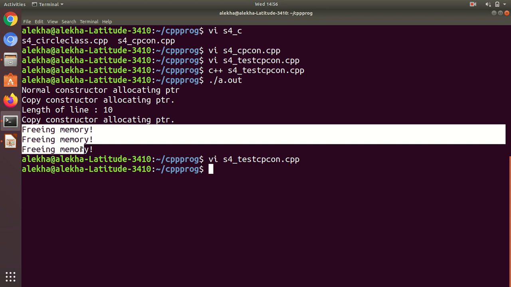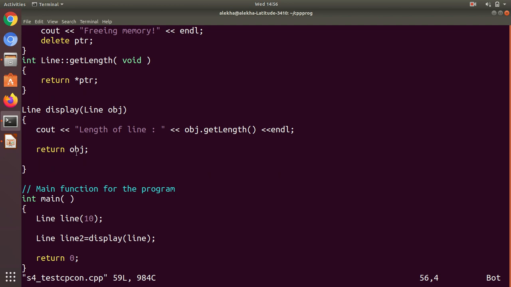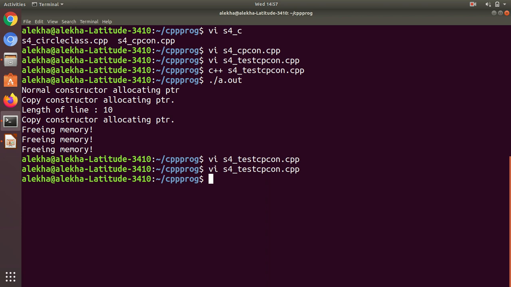One object is line1, the second is within display, the obj, and the third one is line2, which is copied from the temporary object. So that's why we get three when it goes beyond the scope. Three memories are deleted, because they are pointers allocated dynamically. So when we go beyond the scope of main, these are all called one by one. This is an example showing how the copy constructor works.